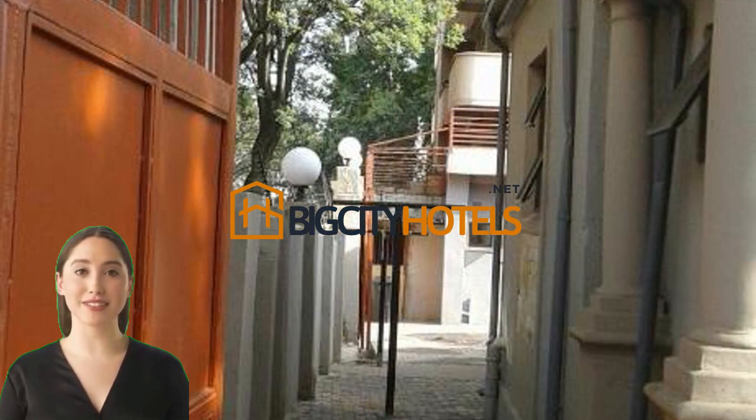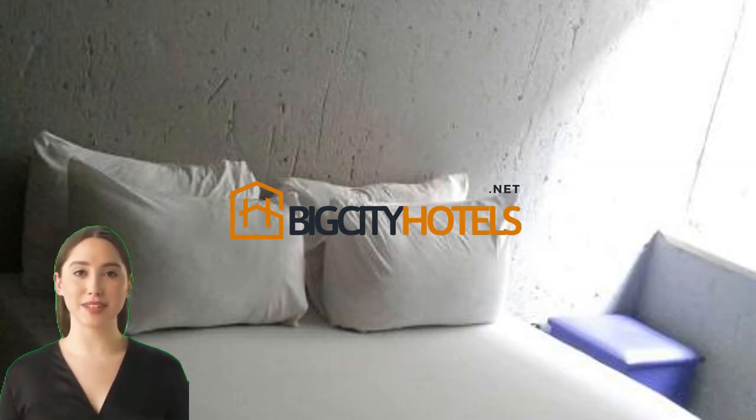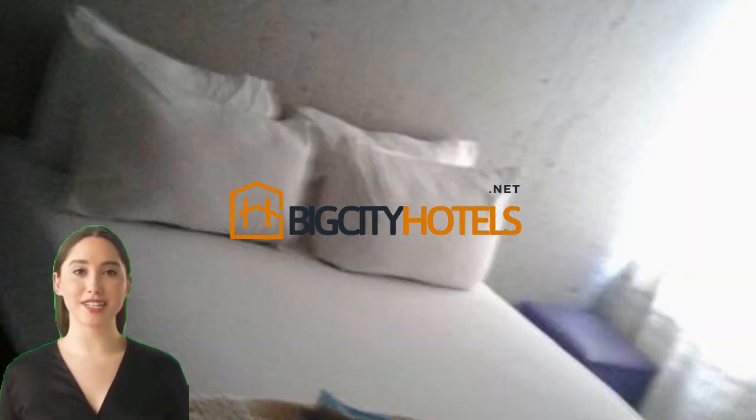For those who prefer to smoke, Royal Crown Guesthouse offers a designated smoking area. This allows guests to enjoy their smoking habits without disturbing non-smokers or violating any smoking policies. The Guesthouse's commitment to providing a comfortable environment for all guests is evident in the thoughtful provision of this designated